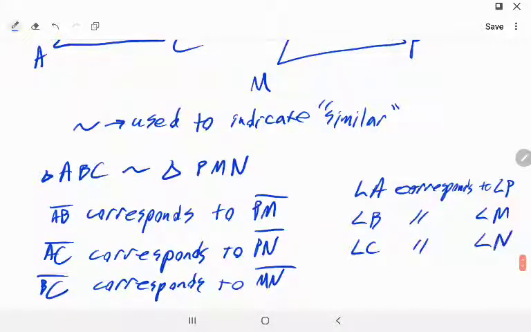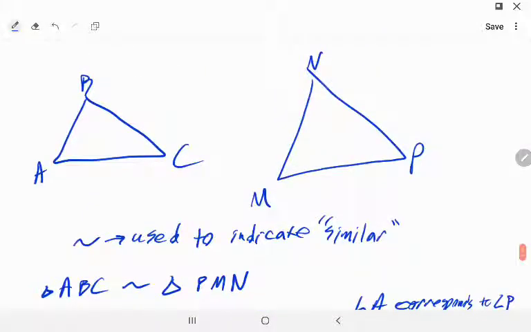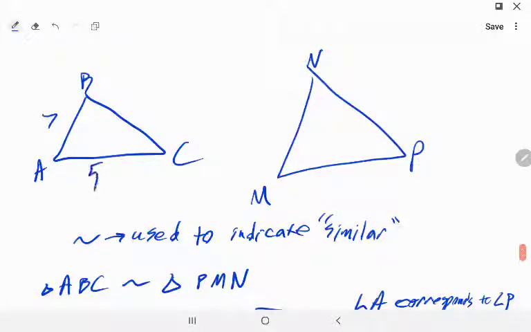And so we can't necessarily just go by the pictures. We can't just say AB corresponds to MN because we're told the triangle ABC corresponds to triangle PMN, and so you have to abide by that instruction. And so if we were told that the side lengths were 7, 5, 8 for triangle ABC, and then we found out that